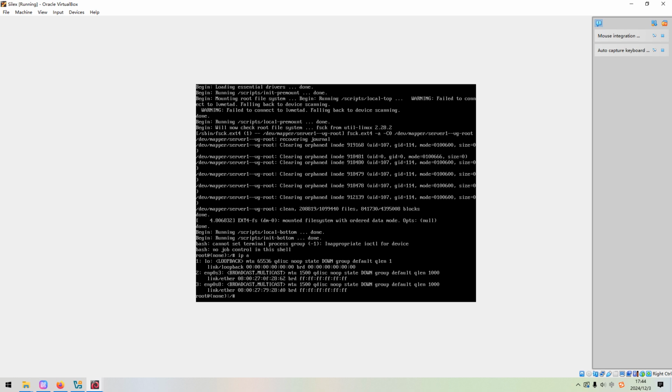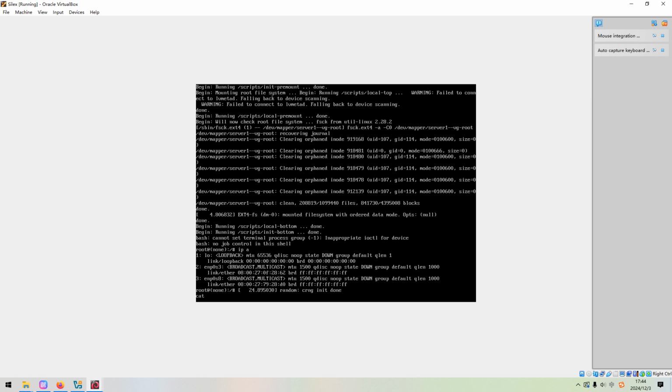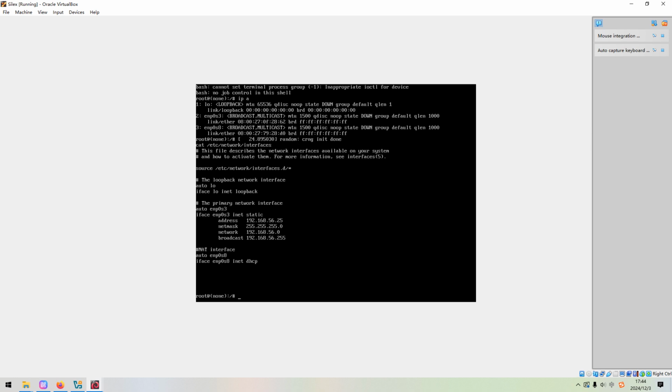And for the Debian based distribution, we can get the IP address configuration from this file, /etc/network/interfaces. Okay, so I think this is the reason why we cannot discover the IP address of the target machine,